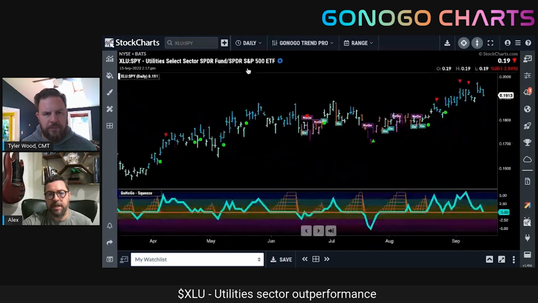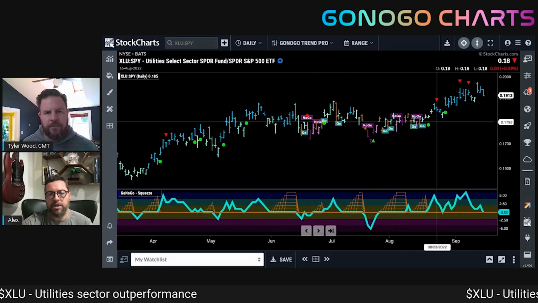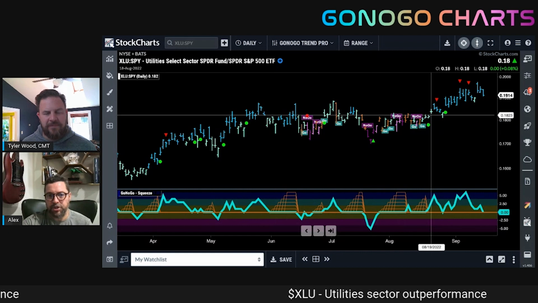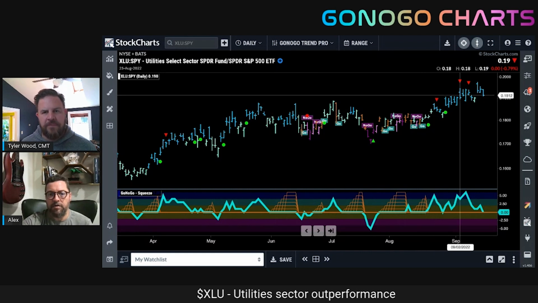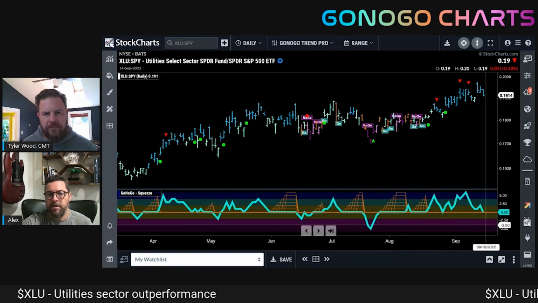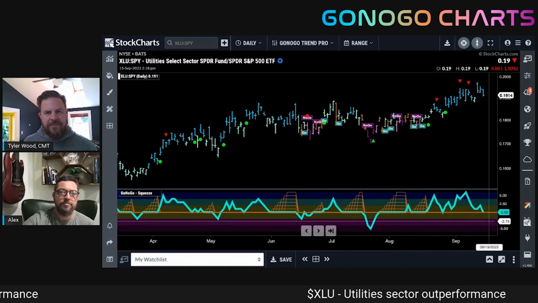If we take it back to the daily, a little bit more choppy, there was so much indecision in terms of where the rotation was going to be over the past few years. But you can see how that ratio has once again taken off to make new highs, with the oscillator above positive territory, and right now testing the zero line from above. So very interesting to look at.